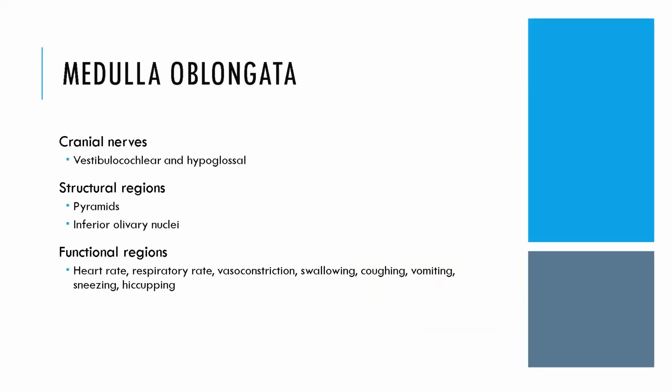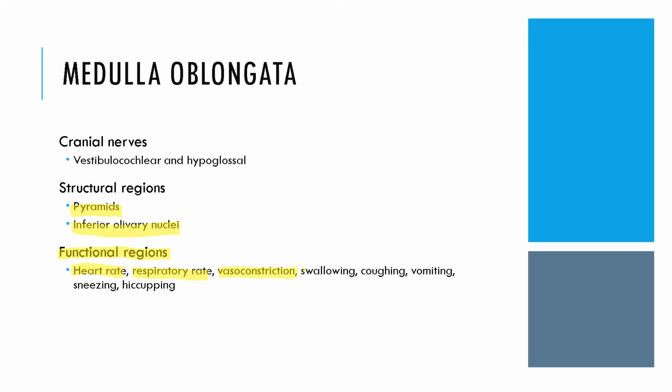So structurally, there's a few main parts of the medulla. We're just talking about the pyramids and the olivary nuclei. And then functionally, we're talking about the nuclei that control various things. So we have several different nuclei for controlling or contributing to heart rate, contributing to the respiratory rate,